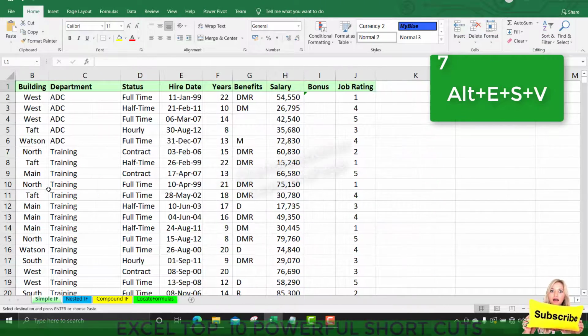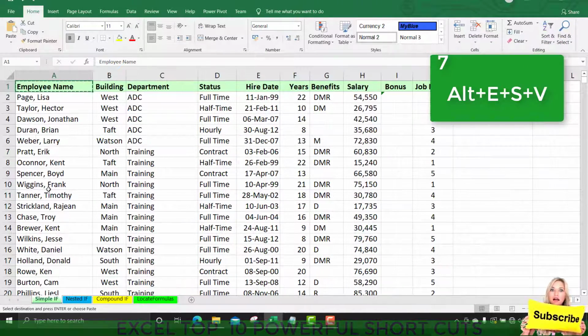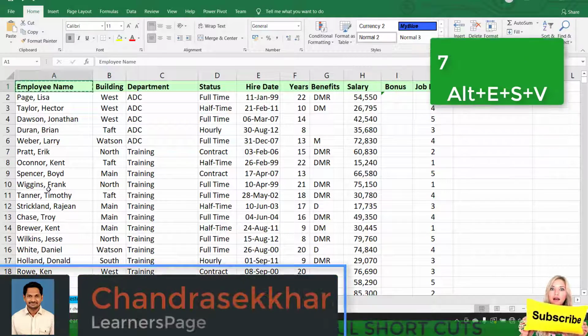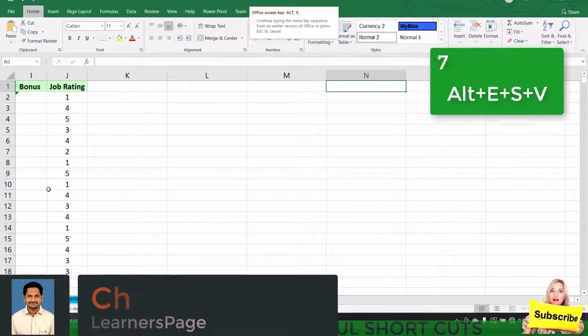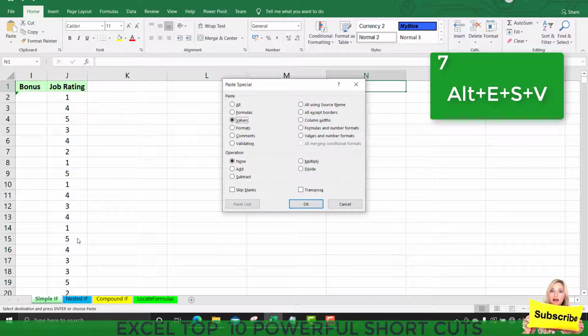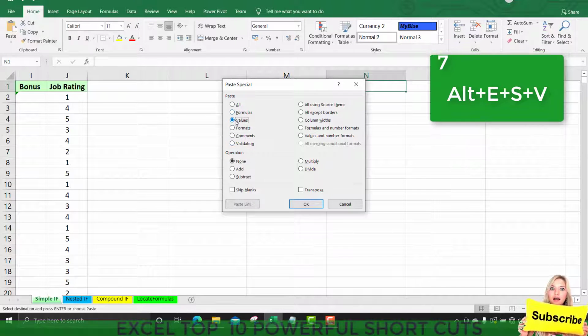And the next one is Alt E S V. Alt E S V stands for Paste Special Values. Suppose there is some data and I want to copy and paste it somewhere; a normal paste will copy and paste all the features of that cell. But if I want to copy the data and paste it with only particular values or properties from that cell, you can select that cell, place the cursor wherever you want, and use Alt E S V. Now I am pasting only the values here, so only the values get pasted and it ignores the format.